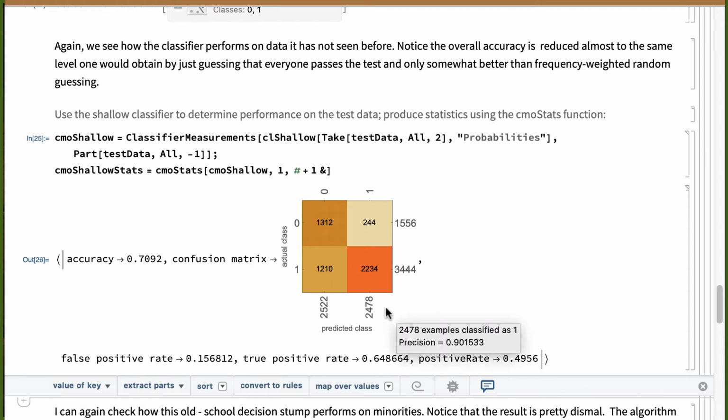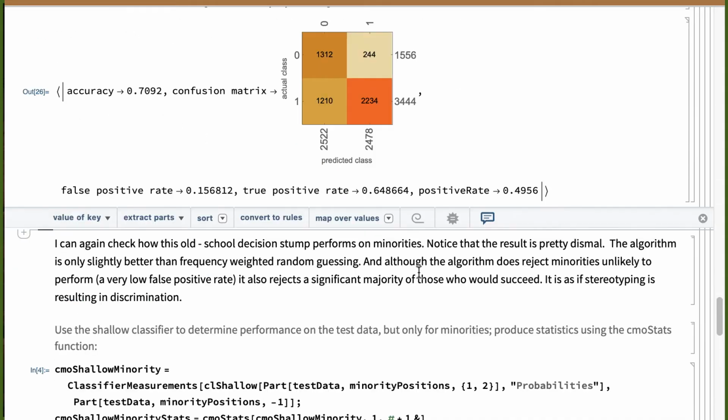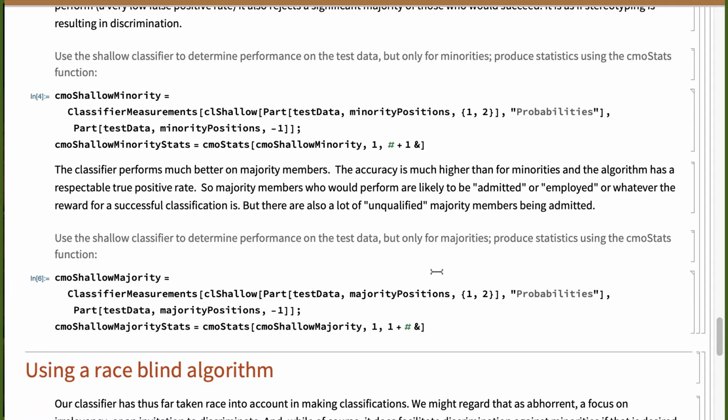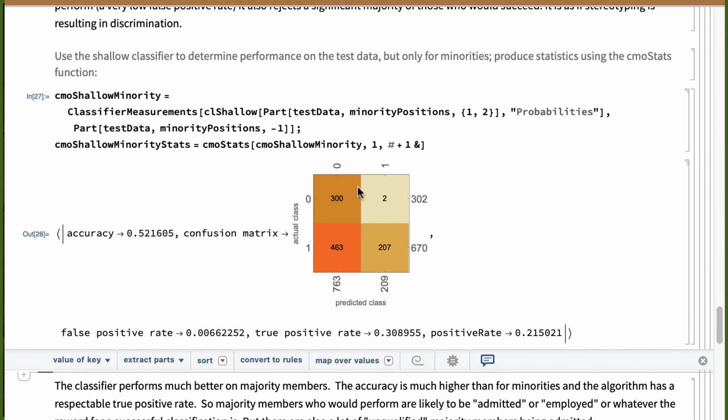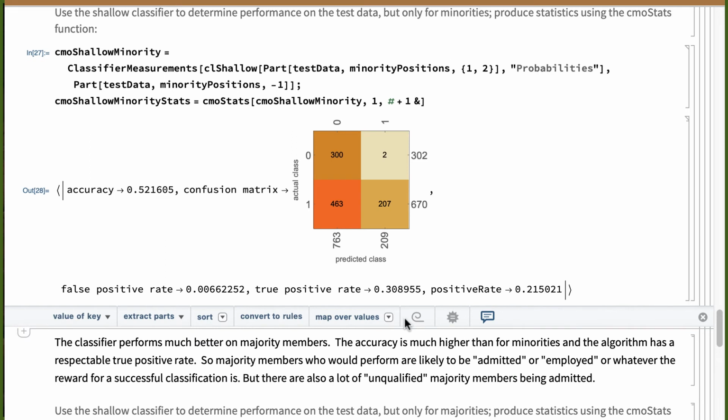It's a little distressing because it's screwing up. It's only letting 50% in, whereas in fact, 3/4 of the people succeed, or 70% of the people succeed. So again, let's see though how it does differentially. That's our main concern here, is how the classifier performs on our different racial groups. And we can see it is being, this is like yick woe. We're almost not letting anybody in